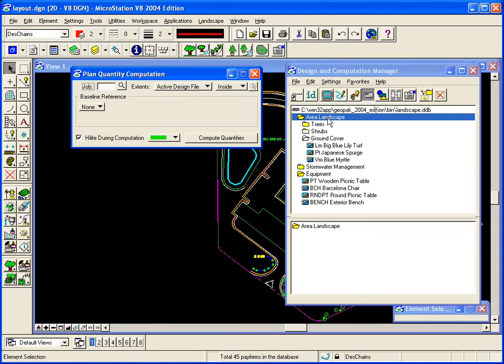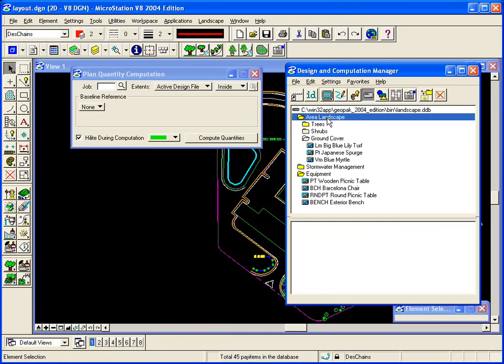In this particular case, I'm going to look for all plants, trees, shrubs, ground cover that I may have placed with the Area Landscape folder. So you simply just highlight the folder and add it to the collection list in the bottom of the dialog in Design and Computation Manager. So we're going to search in the active design file